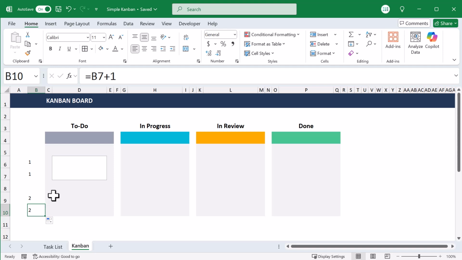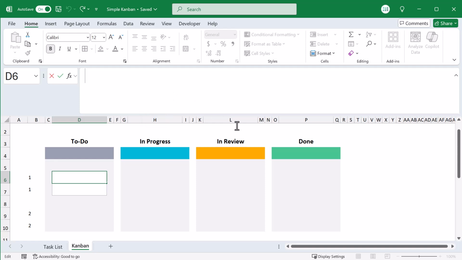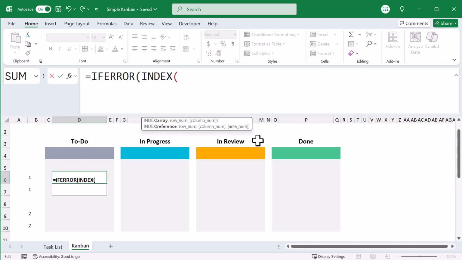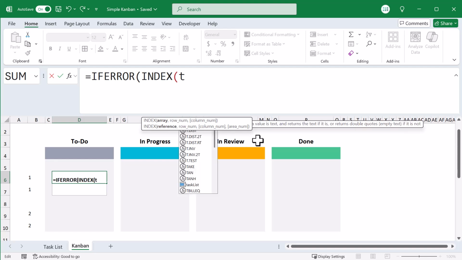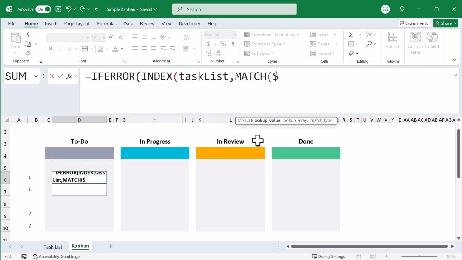Okie dokie. Now we're going to add the lookup formulas in the card that will grab the task information. Start in cell D6 and enter the following. Equals, IFERROR function, INDEX function, task list, next argument, MATCH function, $B6 plus VLOOKUP function,